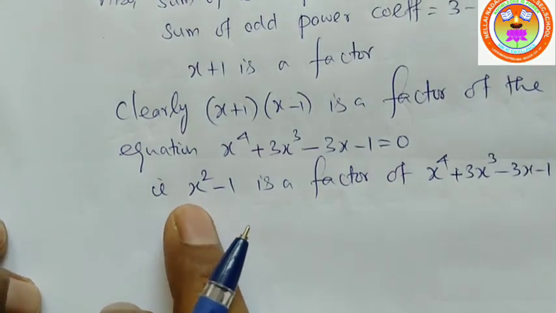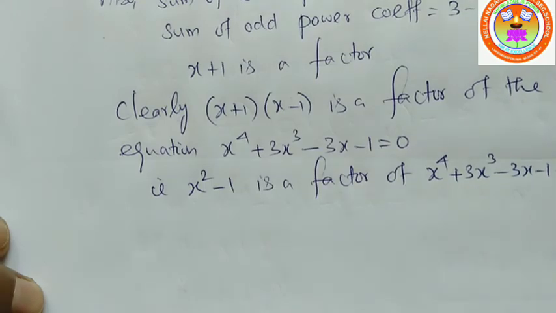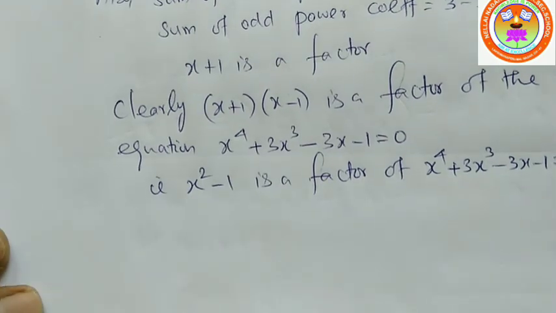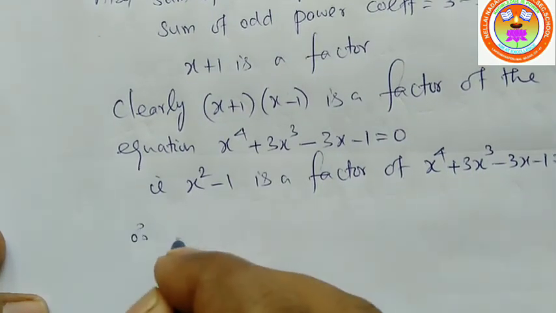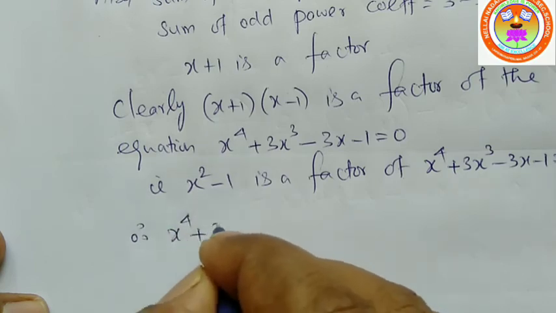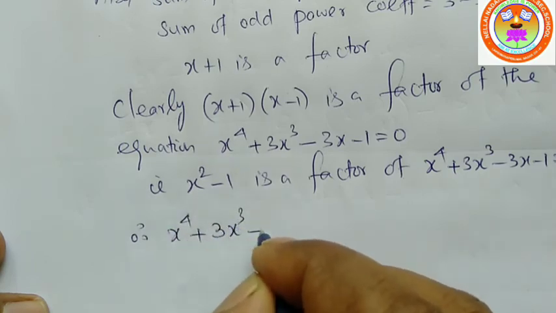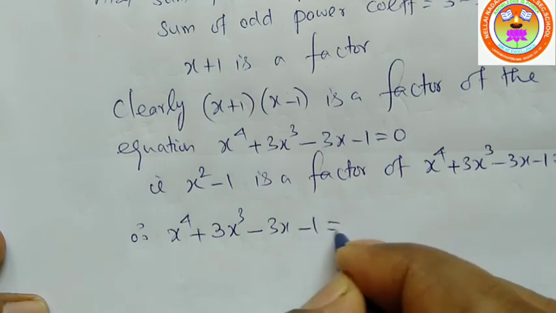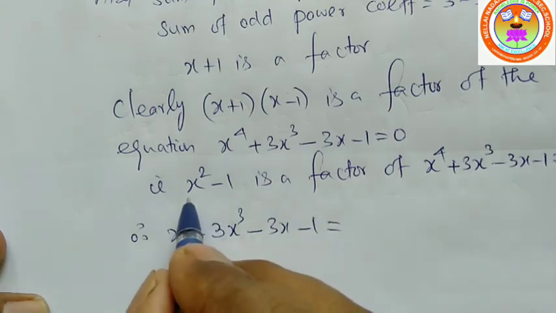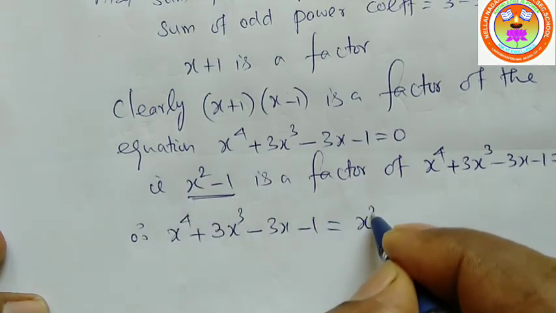So this is one of the factors of the given equation, which can be written as the product of this factor, that is x square minus 1,